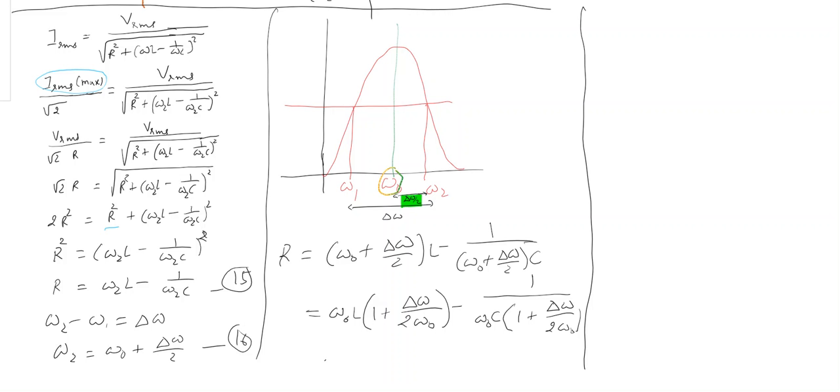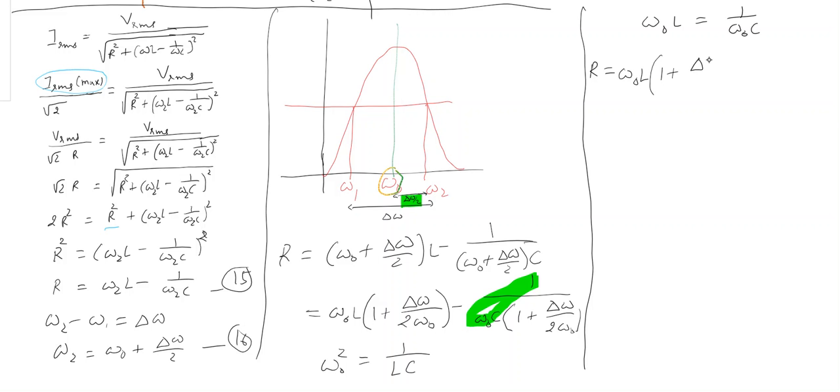We know that omega 0 square is 1 by LC, or I can say that during resonance omega 0 L is 1 by omega 0 C. So instead of this 1 by omega 0 C, I can write omega 0 L in the numerator, and then the equation of R can be written as omega 0 L